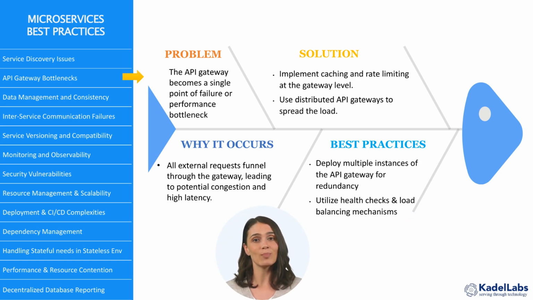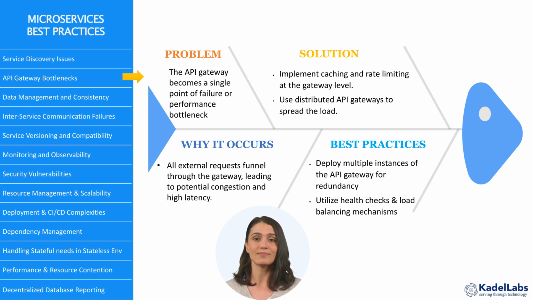The API gateway is the entry point for all external requests to microservices, making it a potential bottleneck and single point of failure. High traffic and complex routing can cause latency and performance issues. This happens because the gateway handles tasks like authentication and load balancing, which, if overwhelmed, can slow down or crash,